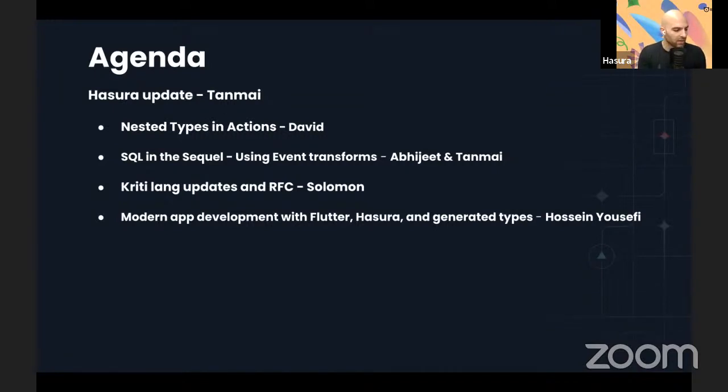Beyond that, we have the updates to the Kriti lang, which I like to say, what do Haskell devs do when they need to come up with a templating language? They write a new one. So that's what we have here. And we're going to see the updates to this really powerful spec, actually, that's going to enable a lot of these features you see today. And then lastly, we have our community contribution today from Hossein, which is going to be actually really interesting, on a social media platform for getting things done, healthy living. It's going to be really interesting. So I'm excited about that as well.